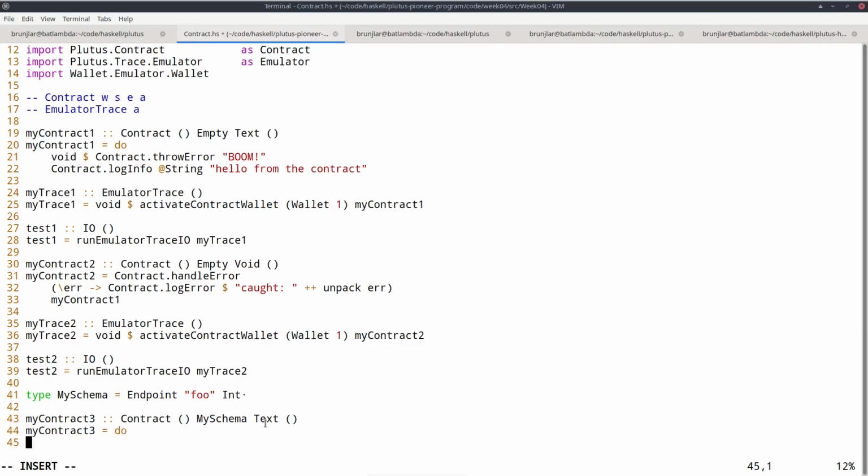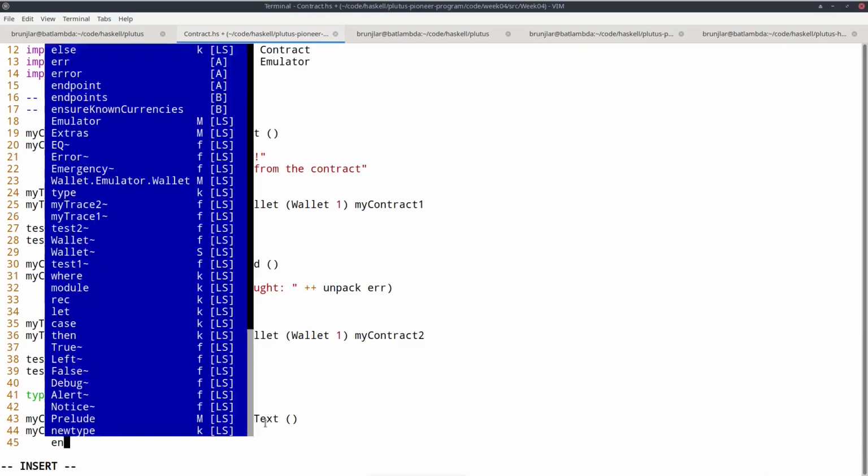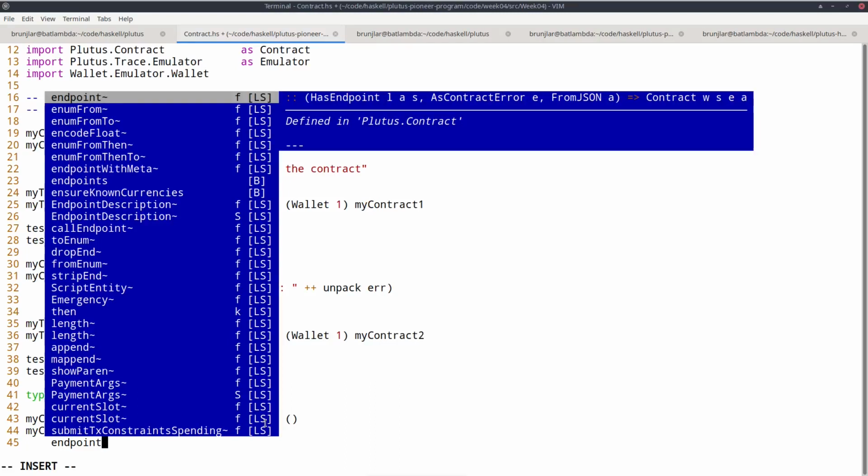So what can I do? We have endpoint, and that just results in a contract of result type A, provided we have this restriction here, this constraint on our schema type S, that it has an endpoint L A. So L is the label, that's the name, and A is the result type.